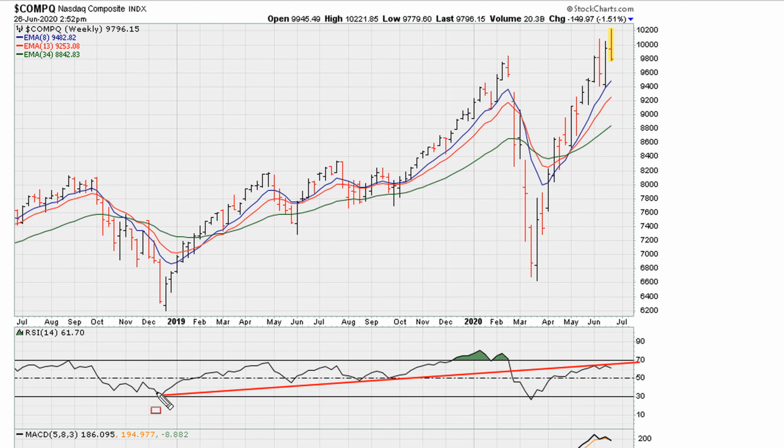So we can see connecting the lows here, here, and here. We did get a break of that line, and of course we know we had a plunge in the beginning part of the year. We've come back. Markets have made new highs as far as the NASDAQ is concerned, but now this looks like a double top rejection. Keep in mind, this double top rejection is taking place around RSI 61.8,